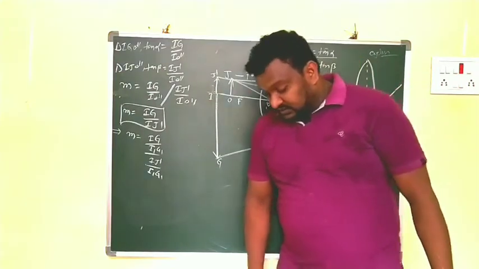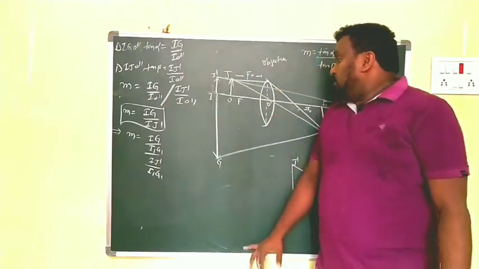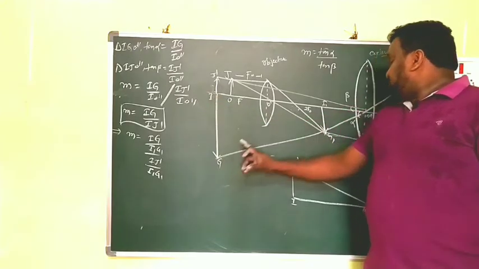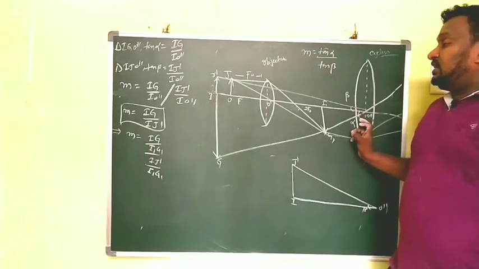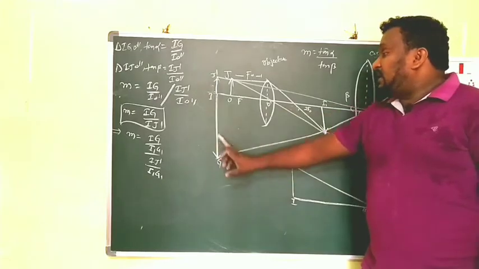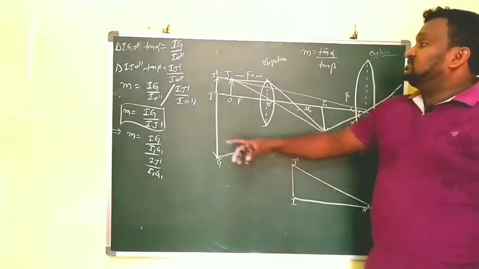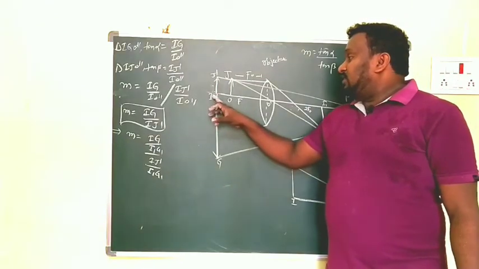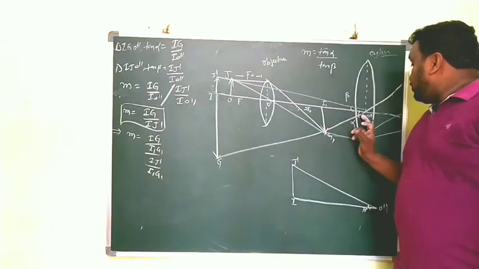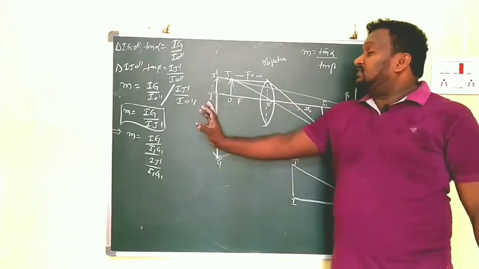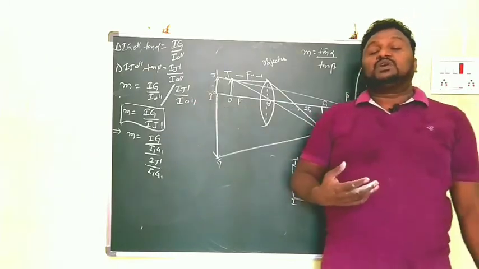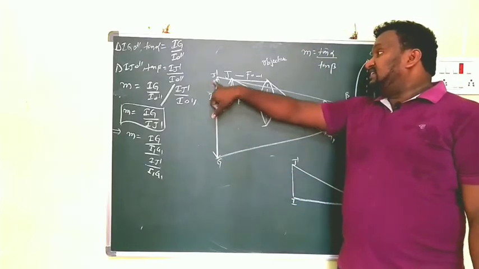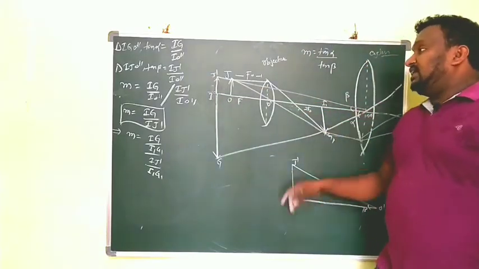Children, no need to confuse. Here, for alpha, we take triangle I G O double dash. From that, tan alpha is I C by I O double dash. Next, for beta, we go for triangle I J dash O double dash. Tan theta means opposite side by adjacent side, so tan beta is I J dash by I O double dash.